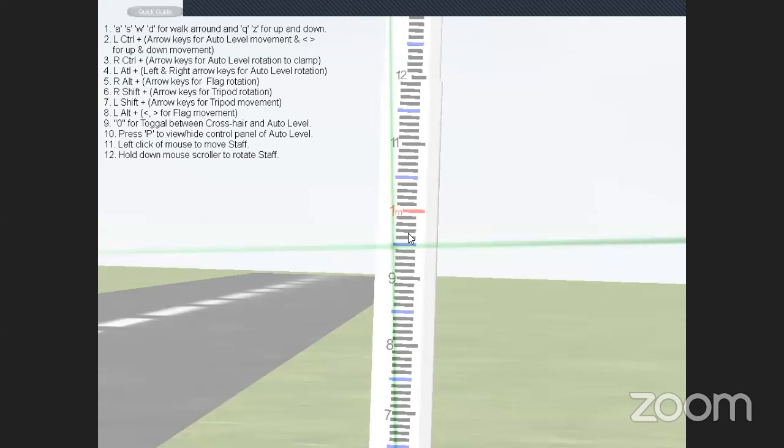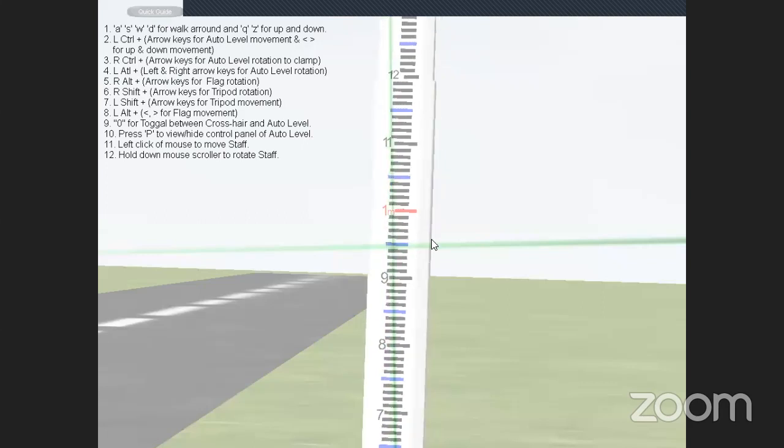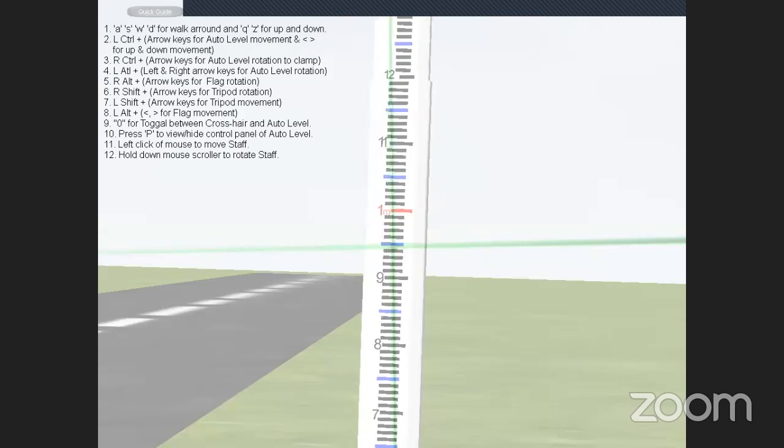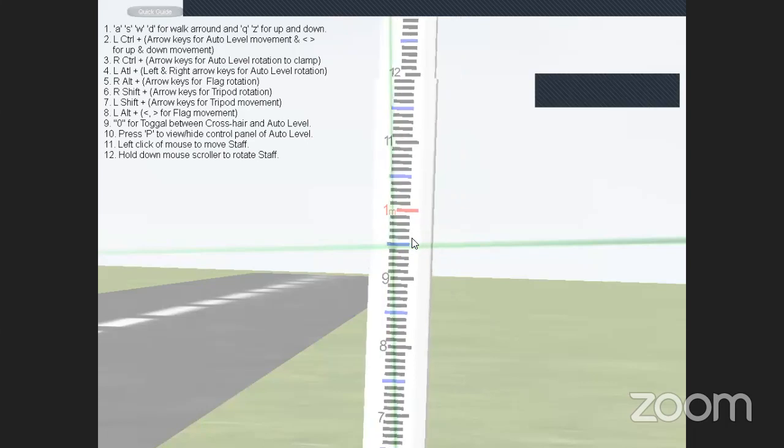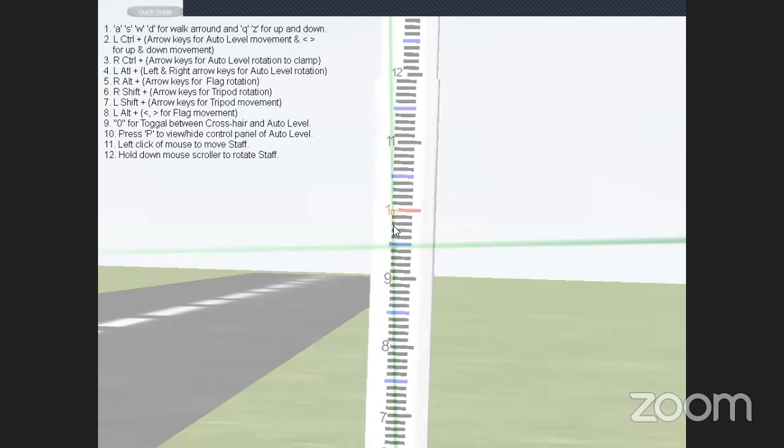To move the staff, you use the left click of the mouse button. You have to have a mouse with your laptop. Without a mouse, you cannot operate. With the left mouse button, you can shift the staff to a different position. With the middle button, you can rotate the staff. Now see the staff reading, it is 0.95 or 95 centimeters.